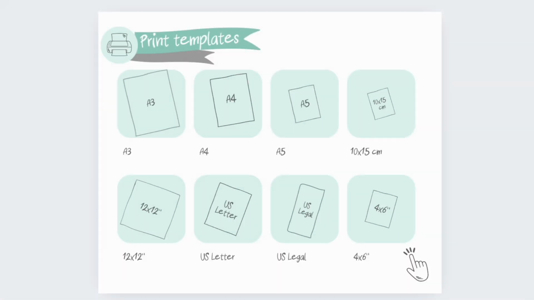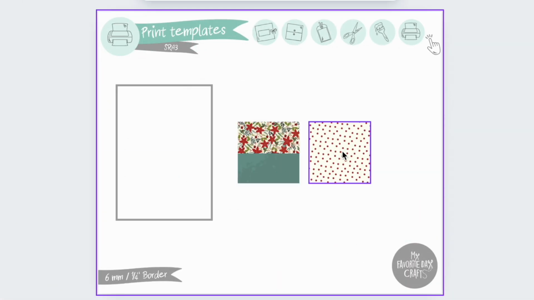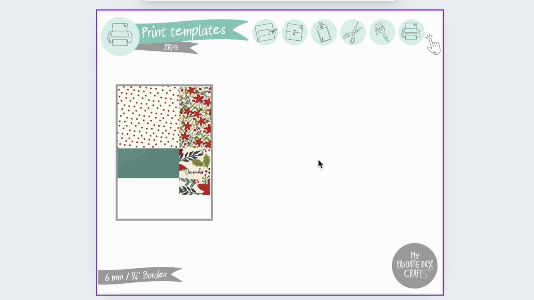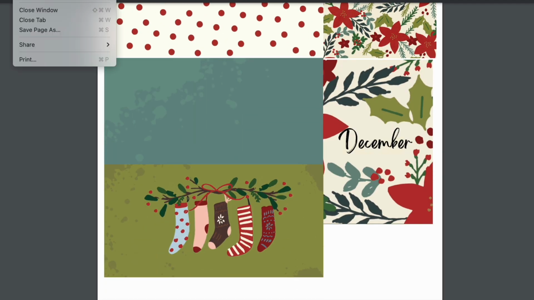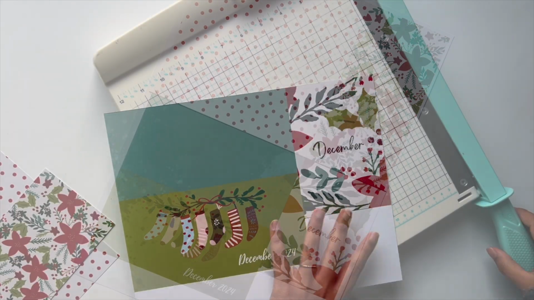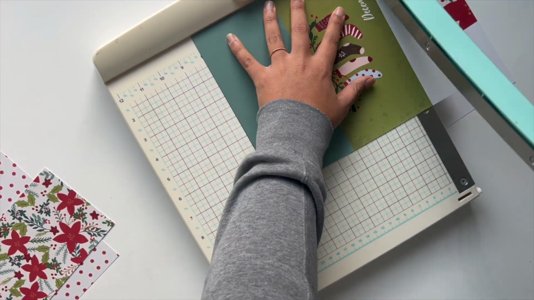And then to those of you who like to work with digital paper collections and printing out your own papers, I can tell you that this is definitely the best and easiest way to prepare your papers for printing. And especially for working with digital paper collections, there's so much more you can do with this digital